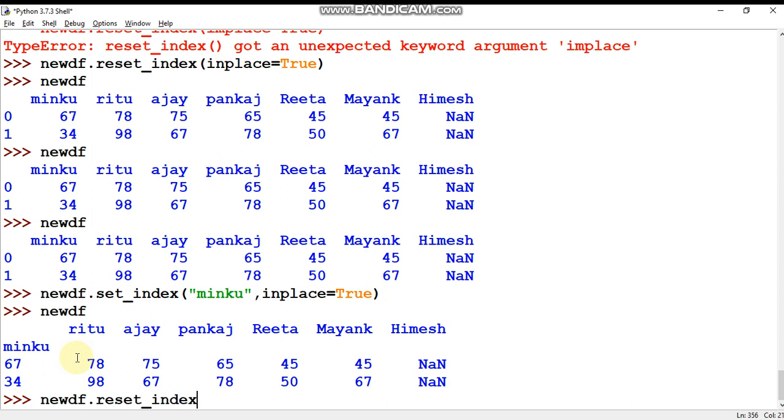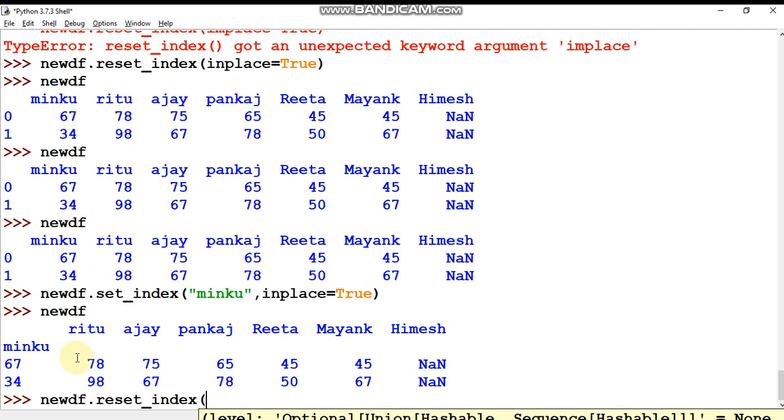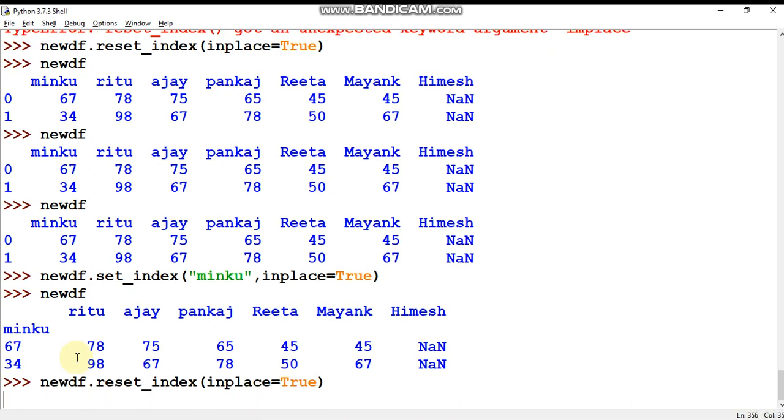The same way reset index, and here inplace equal to, simply you have to write True. Now you can see, and when we print this new df you can see.